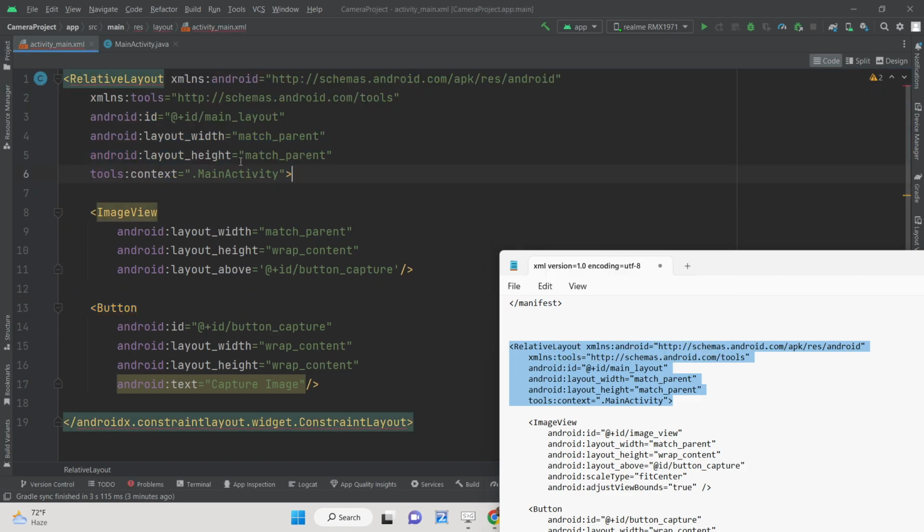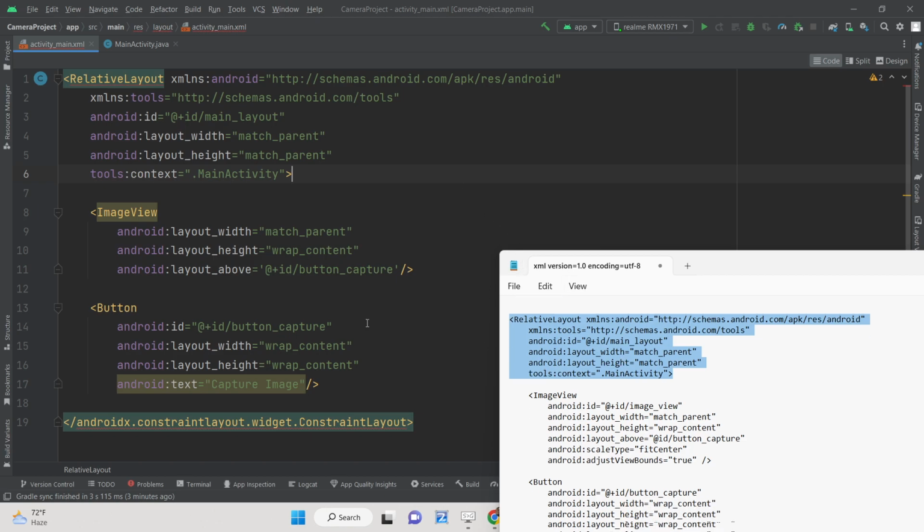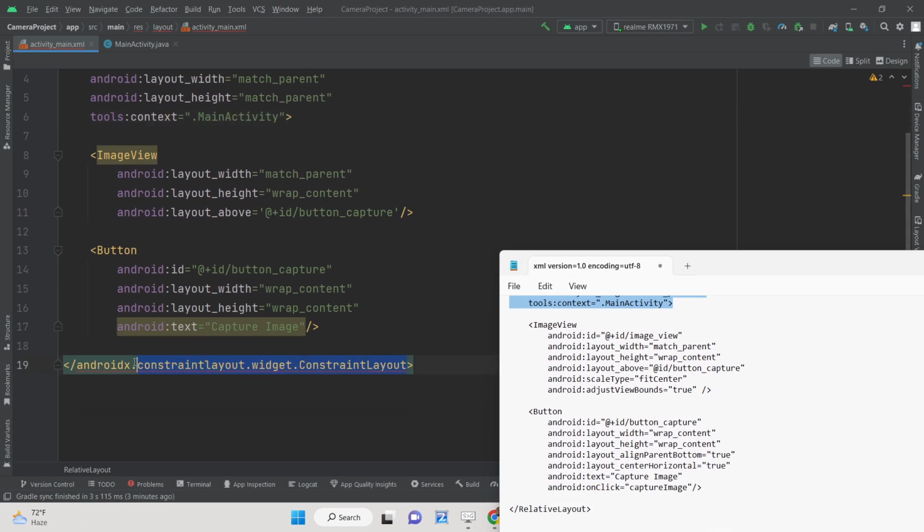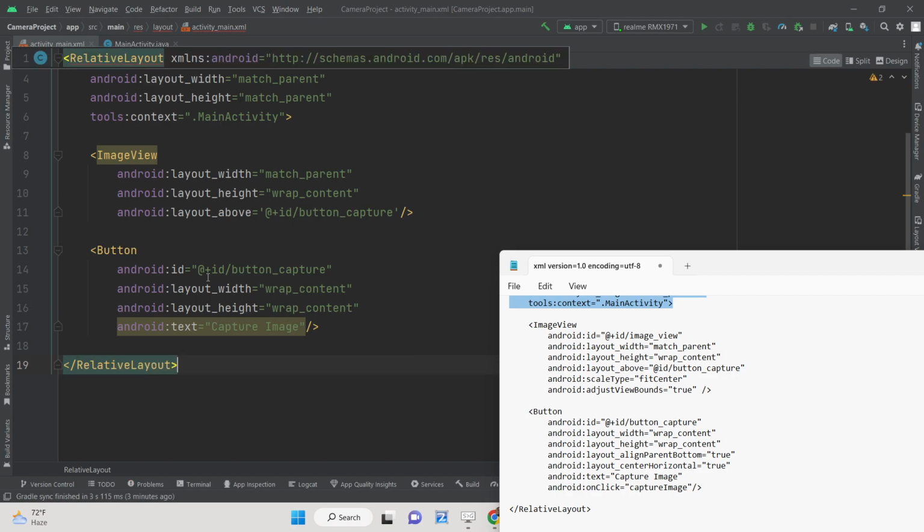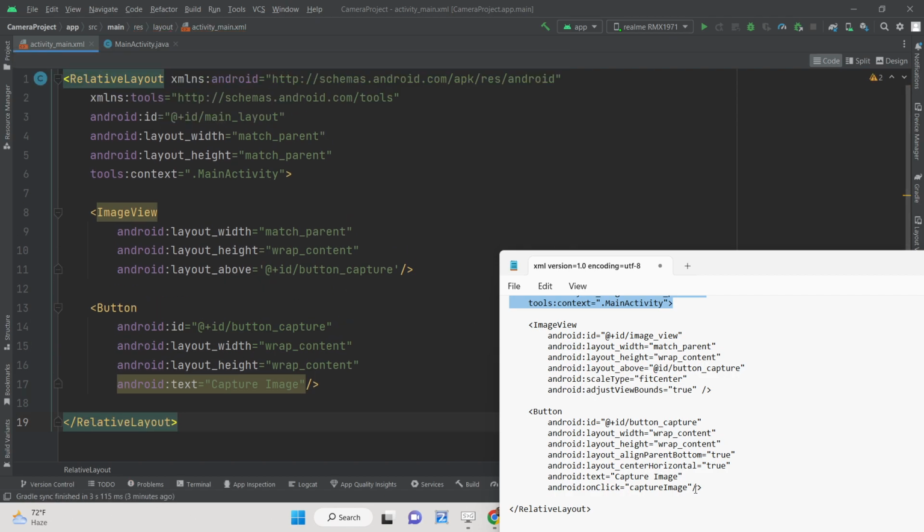So simply paste this code here, and we need to simply close this with relative layout. So this totally depends upon you which layout you use. And